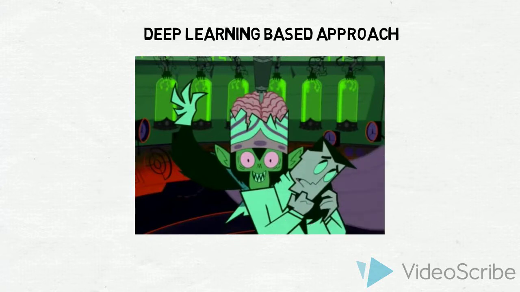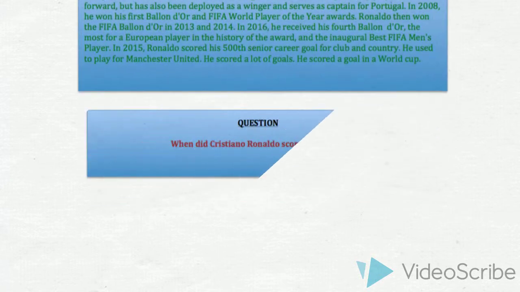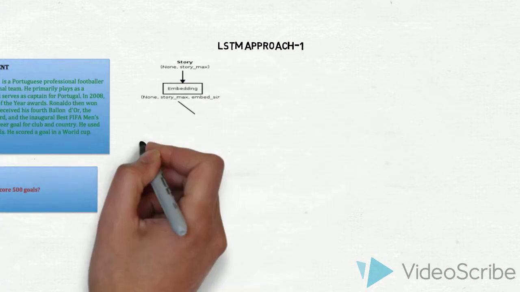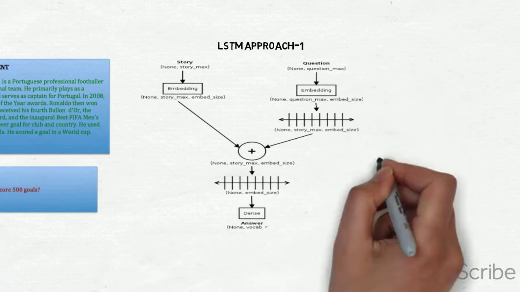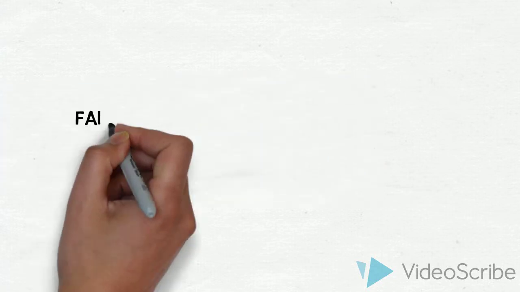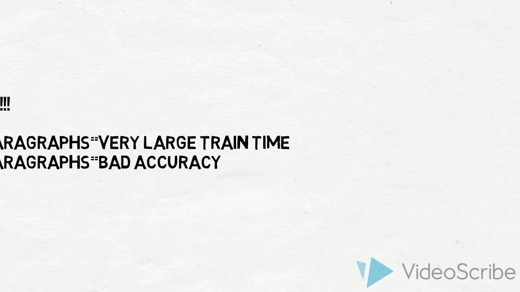As a part of our answering system, we tried to implement a deep learning model as well as a baseline model. Our initial long short-term memory network involved feeding in a Wikipedia article along with the question. The embeddings of the input article and question are combined, and after passing through the dense layer, the answer is computed. A drawback to this approach was we were padding all of the inputs to the maximum input sentence length. As the number of sentences grew, the accuracy fell and the training time failed to converge.